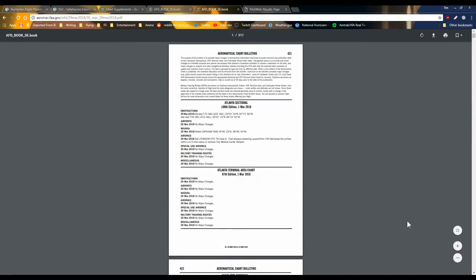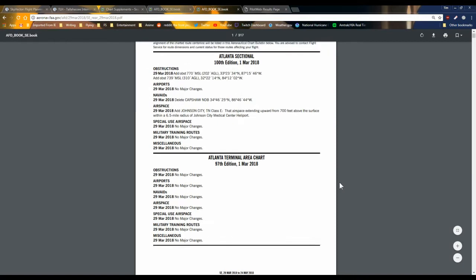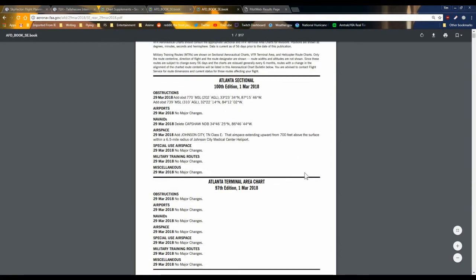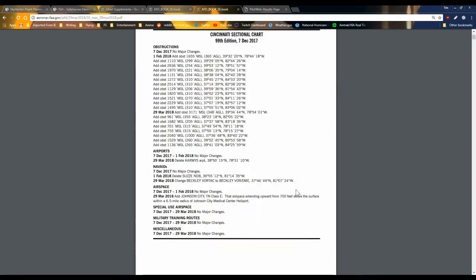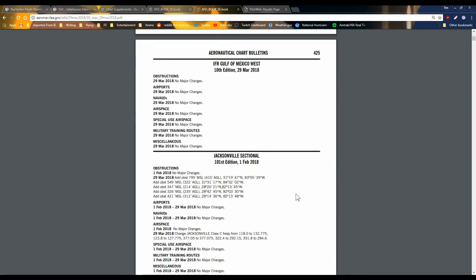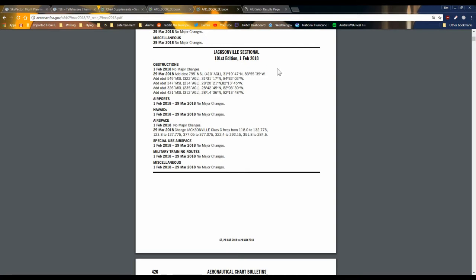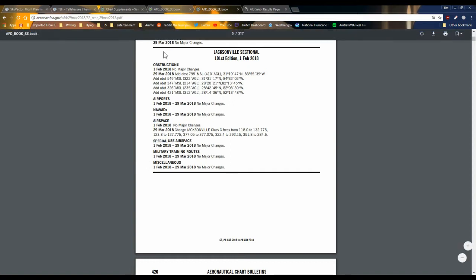Let's talk about this VFR chart supplement updating thing. Aeronautical chart bulletins. These show us the updates that were made to the sectional charts between the different versions, as well as information that may not be on the chart yet. This is our change log that we wanted. So let's find the Jacksonville sectional chart, since that's where Tallahassee is located. Alright, so note it's divided into sections: obstructions, airports, NavAids, airspace, special use airspace, military training routes, and miscellaneous. Each section